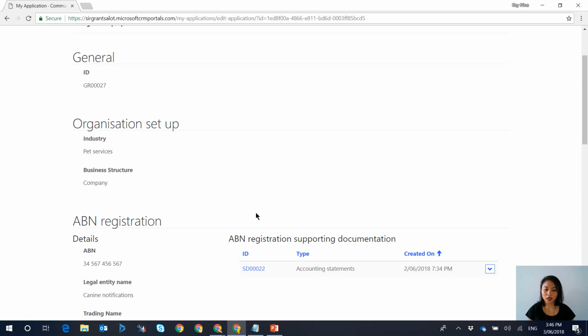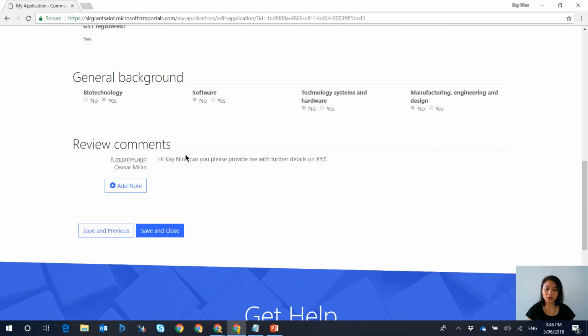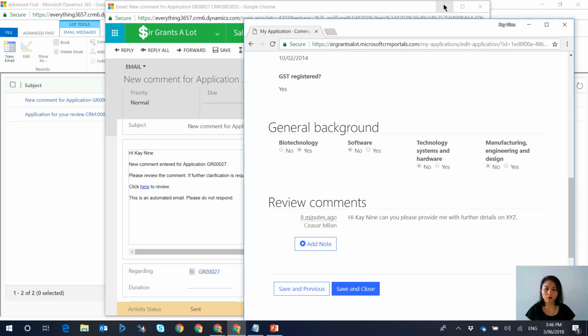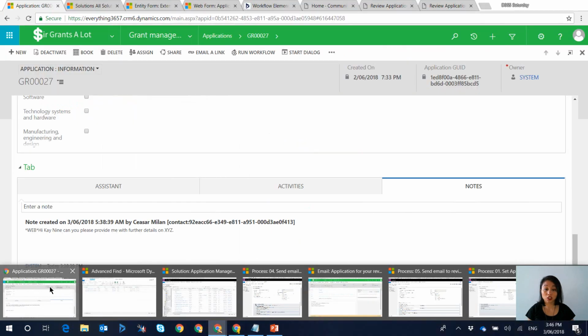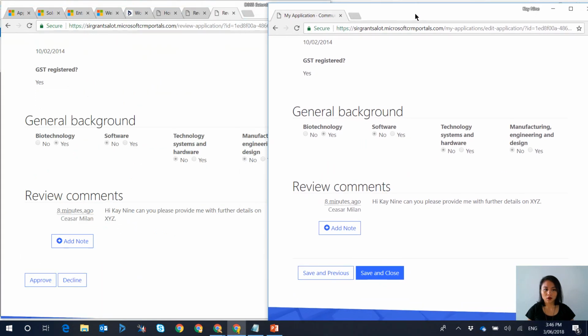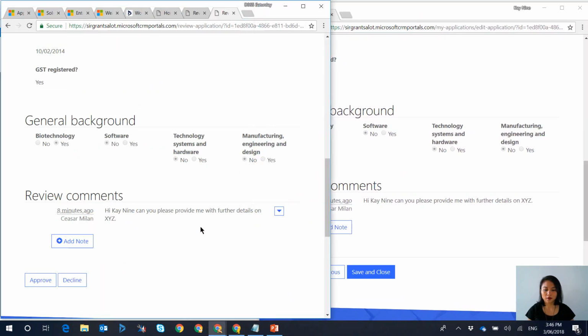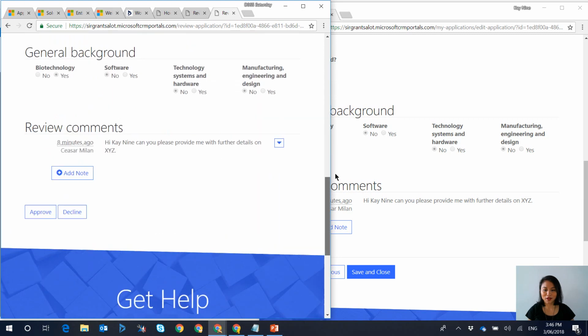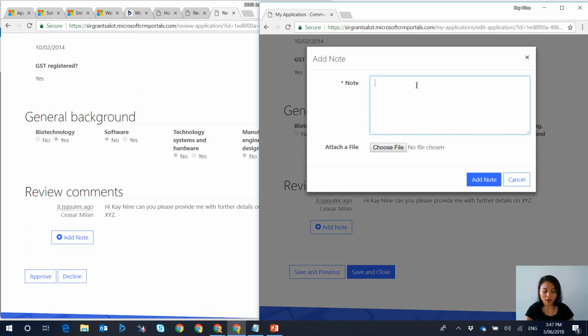So this is the application, and the cool thing that you'll notice is that the note that Cesar Millan had created is now in edit mode. If I just bring these up side by side to show you the difference, you'll see that over on the left, Cesar Millan can edit his note, and that's because he was the author of that note. Sorry, I was just trying to resize this. Nope, okay, not happening. So now when I add a note as K9,